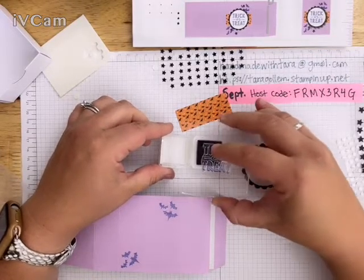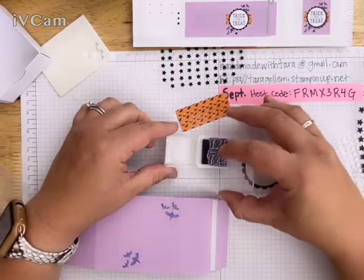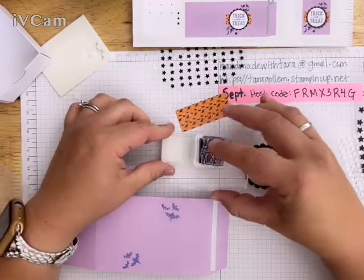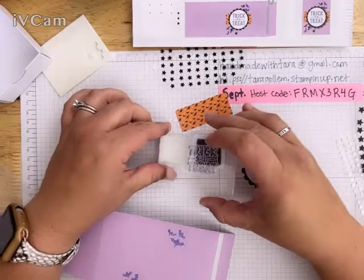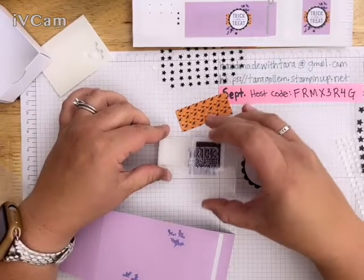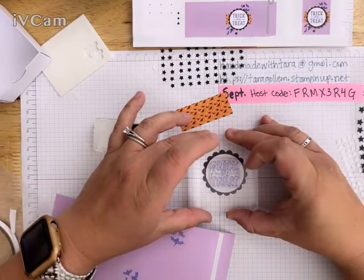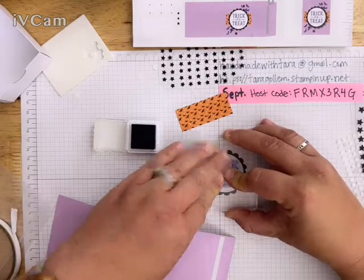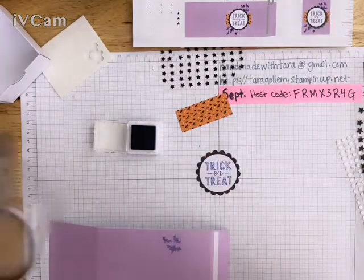So the technique I learned when I learned how to stamp was a tap. So it's just like a light tap because that's the surface that's going to touch the cardstock. So it's just a light tap all the way around. A lot of people want to push the ink in there, but that honestly gets ink everywhere and it's not really efficient for saving ink or using ink the way that it's supposed to be used. So it's a lot of tapping, and then it should be covered in all the right places that are going to be touching the cardstock. Then it's a hard press, no wobble, and then it should make a really nice print. Clean that off